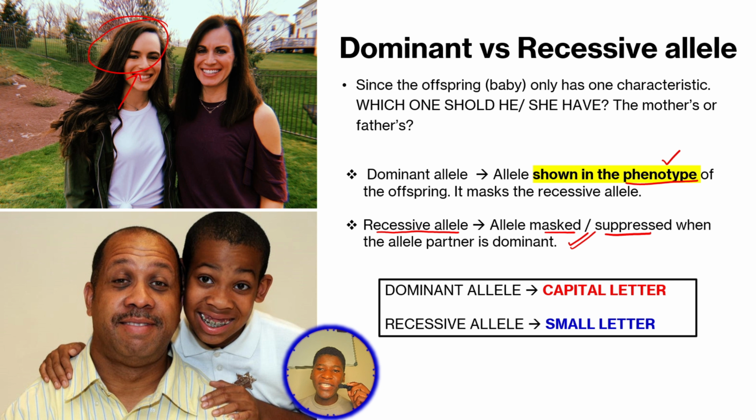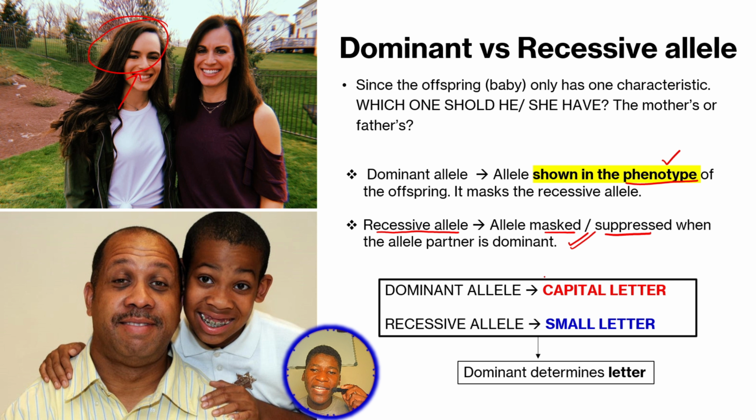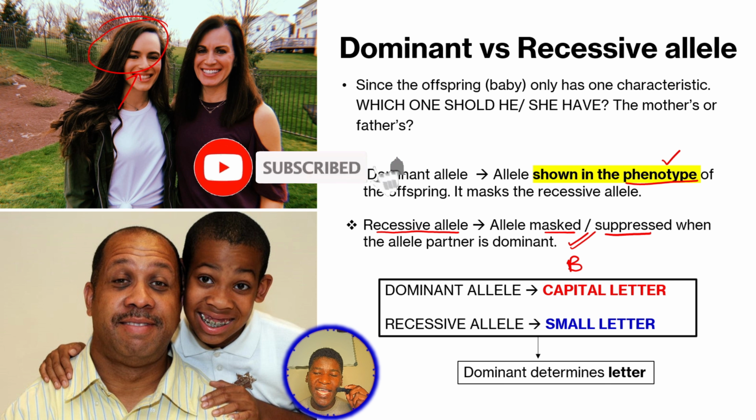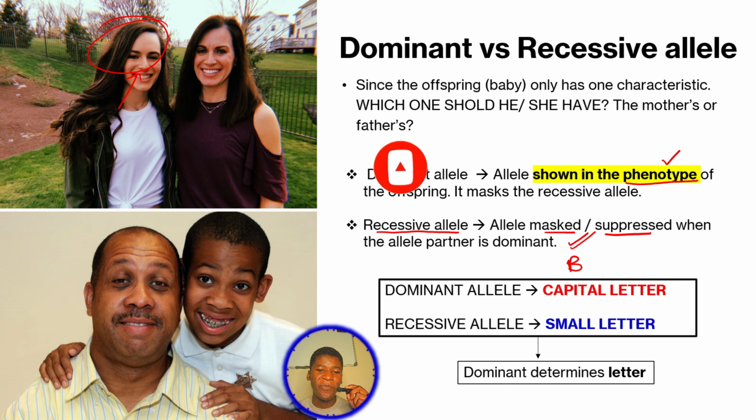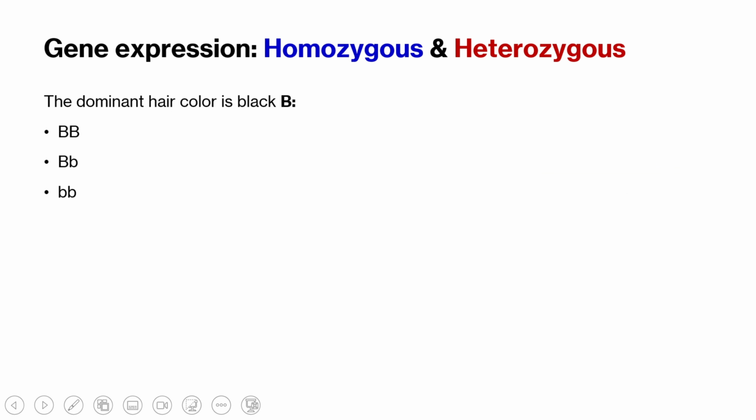So since we use a capital letter, what type of letter do we take? Basically, the type of letter that we take is determined by the dominant allele. Let's say, for example, that the dominant allele is coding for skin color. It is brown skin color, and we use capital letter B to represent it. The recessive allele will be the opposite of brown skin color, but I don't know what the opposite of brown is in this case. So let us just look at how the gene expression works.